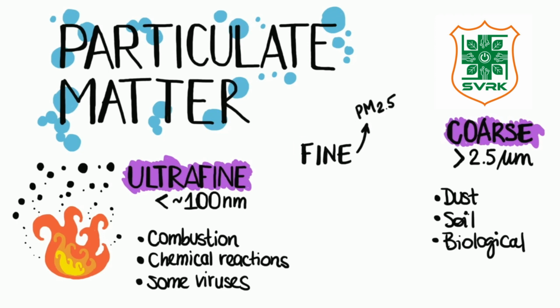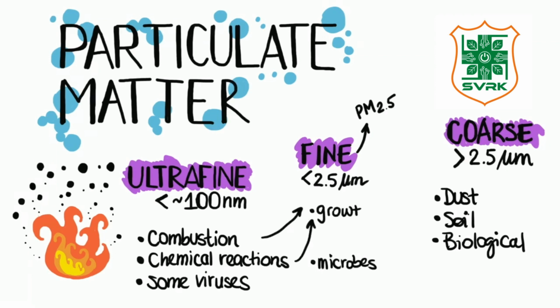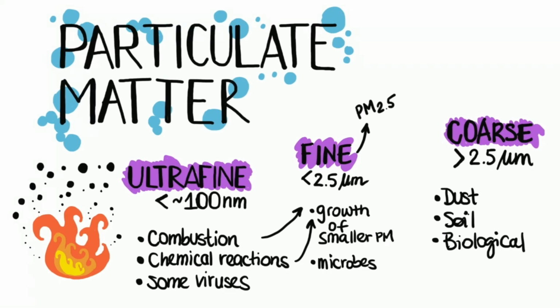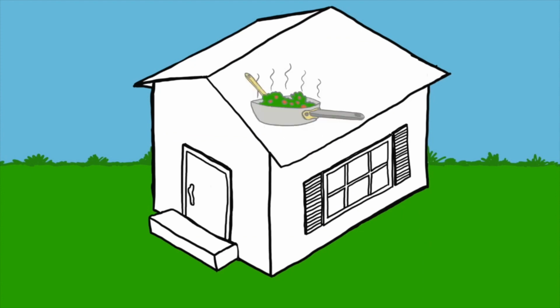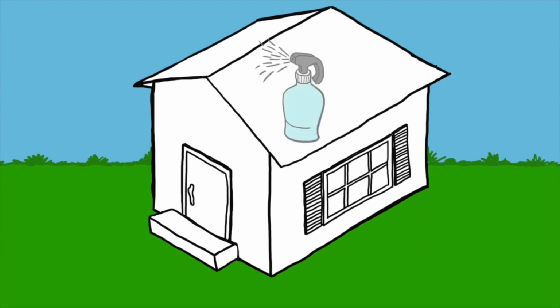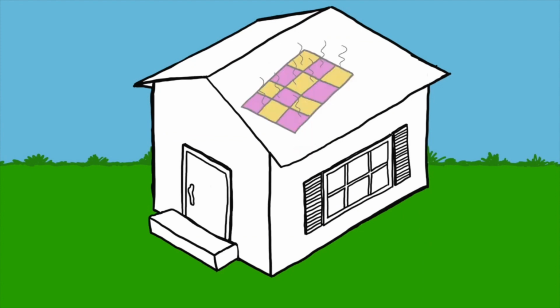Your kitchen is a big source of these particles indoors. Both gas stoves and the food itself emit a lot of particles while we cook. Other combustion sources like candles and incense also make large amounts of particulate matter. This is only scratching the surface of the many molecules that play a role in indoor air quality. From the products we use to our daily activities, everything we do influences